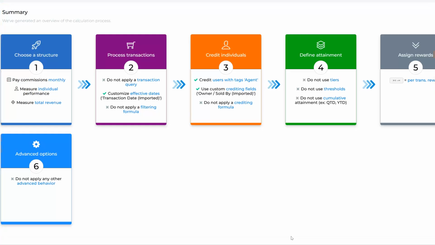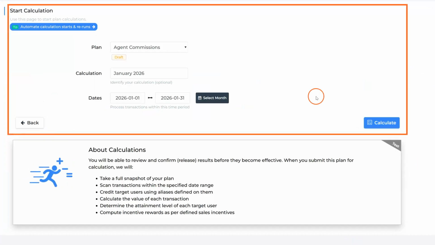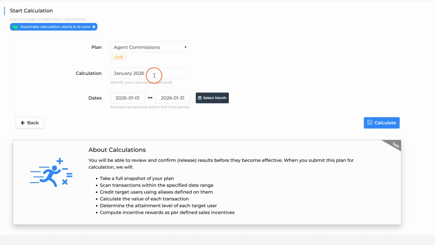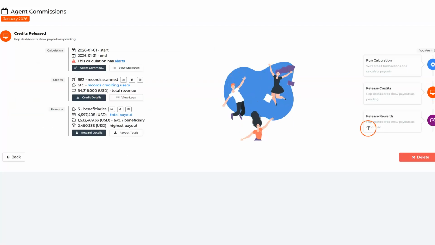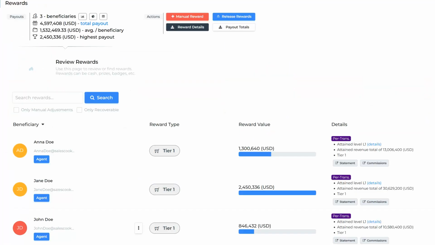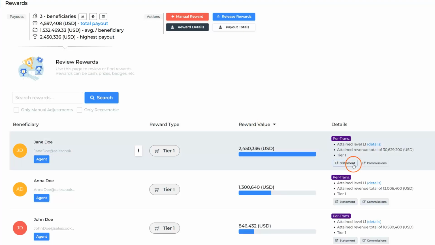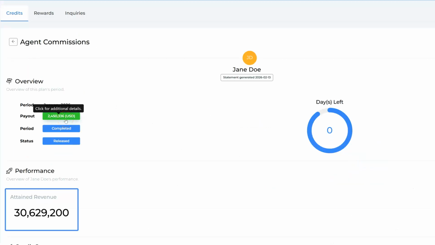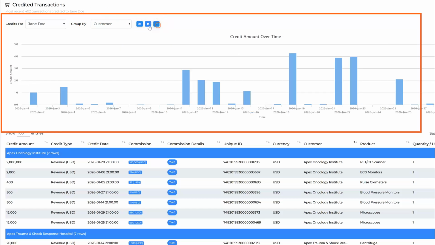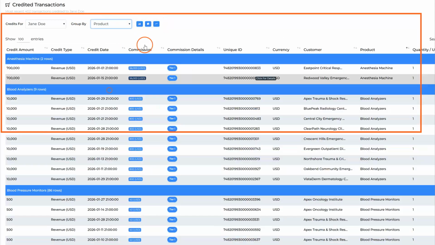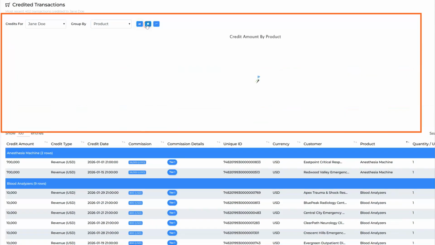Sales Cookie shows me a nice visual summary. Let's run a test calculation for January. In under a minute, Sales Cookie will analyze all Zoho Books data for January, credit and commission all agents correctly in bulk. It will even generate commission statements instantly, so if an agent were logged in, they can view the latest commission statement. They can search, sort, filter, visualize their sales and commissions data using the Zoho Books fields they